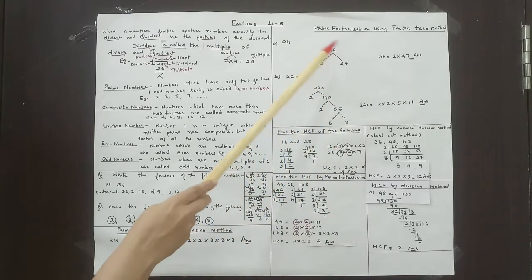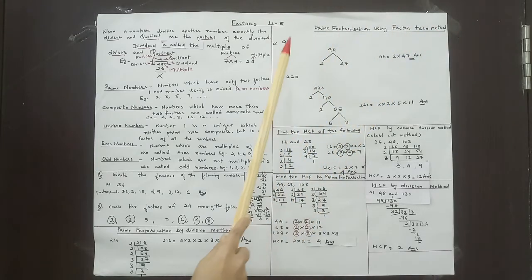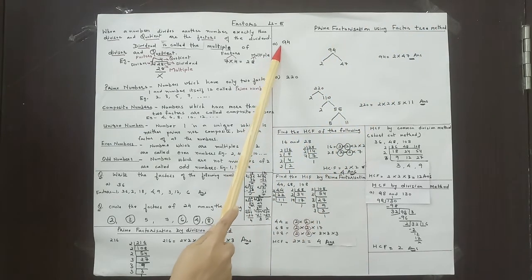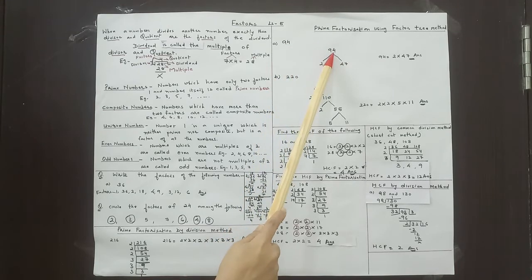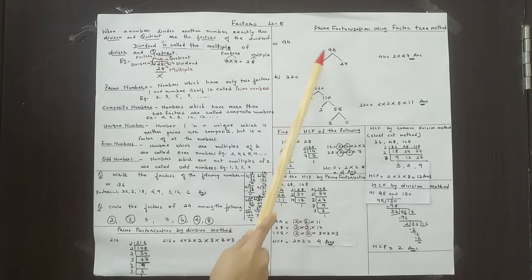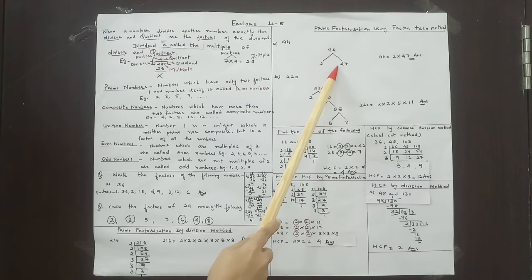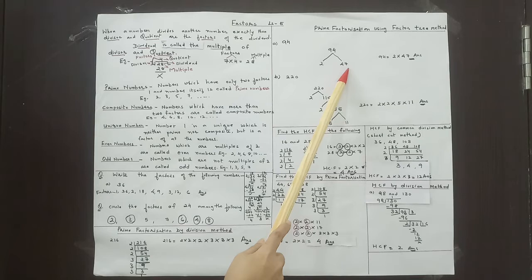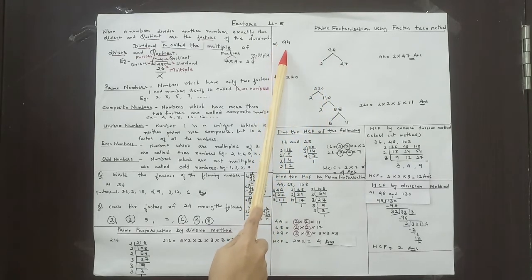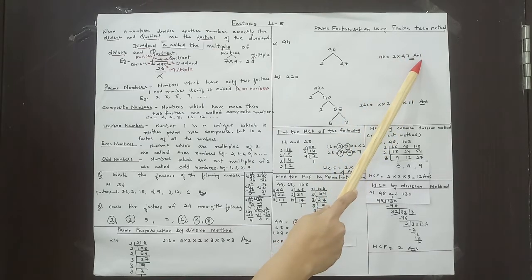After this, we will be doing prime factorization using the factor tree method. First is 94. Now here we will divide 94 by the least number, that is 2. 2 fours are 8 and 1 will go here, it will become 14. 2 sevens are 14. Now 47 cannot be divided by any other number. So we will take it like this only. So the factors of 94 are 2 into 47 and that is the answer.